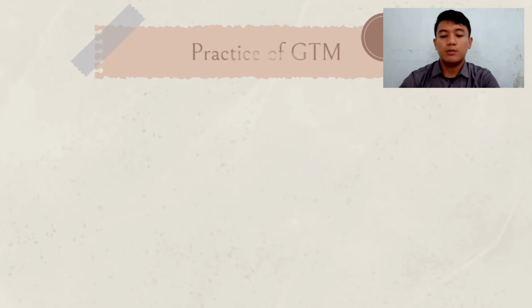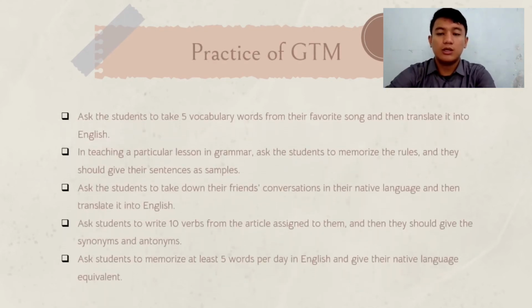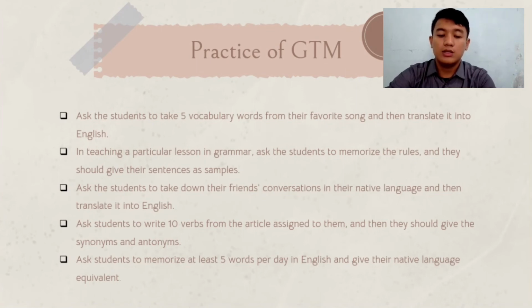Next is the practice of the grammar translation method. The first, ask the student to take 5 vocabulary words from their favorite song and then translate them into English. Second, in teaching a particular lesson in grammar, ask the students to memorize the rules and give their own simple sentences. Third, ask the students to take down their friends' conversation in their native language and then translate